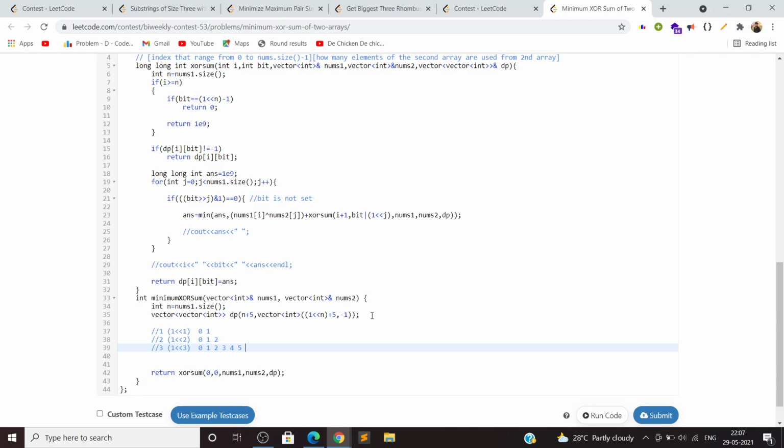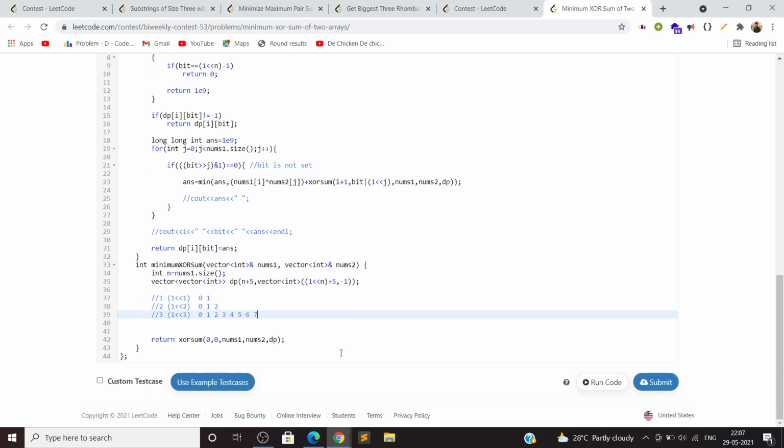Okay, I am taking 2 to the power 3 equal to 0 1. Okay, I have taken 1 element, 2 elements, 3 elements, 4 5 6 and 7 elements. Okay, so this will be the states of the DP, and